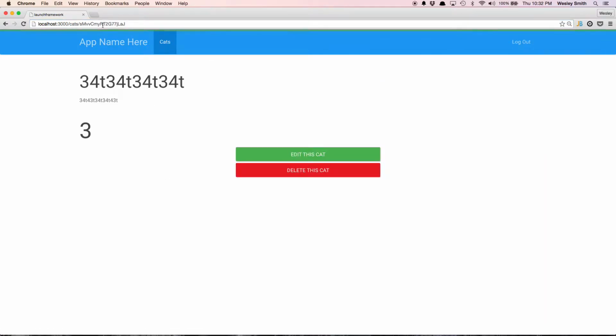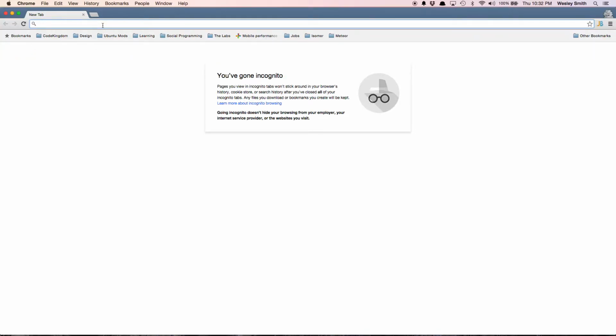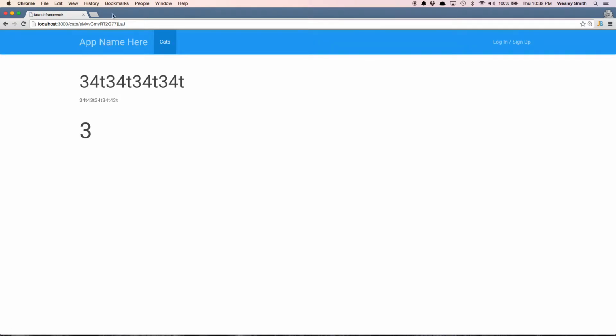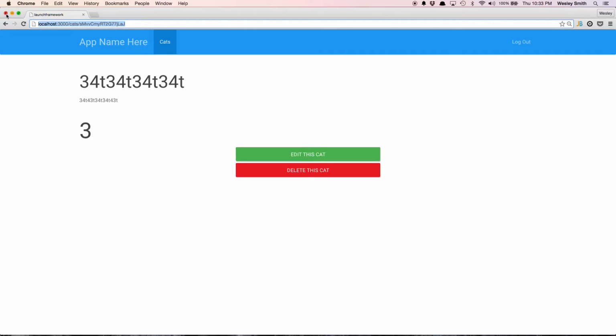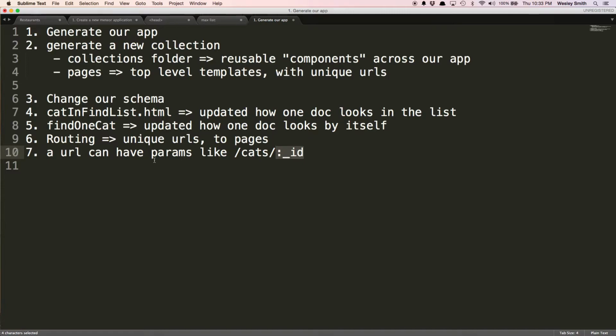Once we've clicked on one of these, if I copy that URL and then I open a new incognito window and I paste it in, it knows exactly which document that we want to show, even though it's a totally fresh load of our app. It'll immediately parse that URL and then show the correct information. So it makes it really easy to share different components of your app with other users, that is, can share the URLs really easily. So a URL can have params, and then the last thing would be